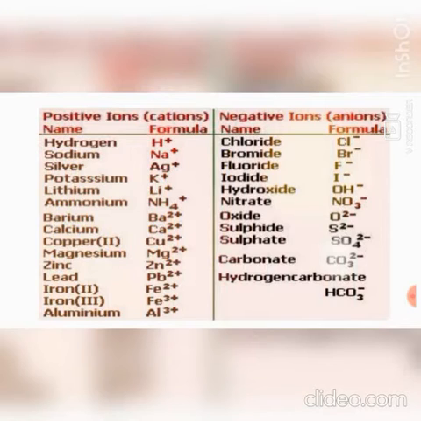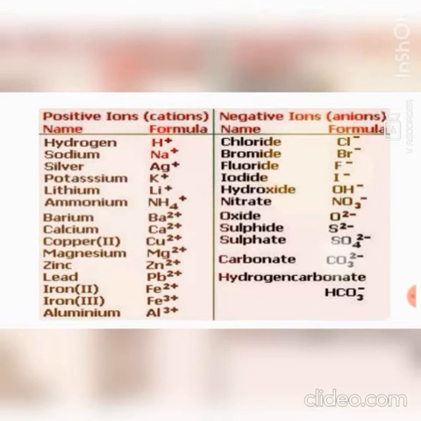Next, let us see compounds containing radicals. You have already learnt in your lower classes what is meant by radical. So, radical means an atom with a charge on it. There are two types of radical, positive radical and negative radical. In positive radical, the charge will be positive, and in negative radical, the charge will be negative. So here you can see a few examples for positive radical and negative radical.